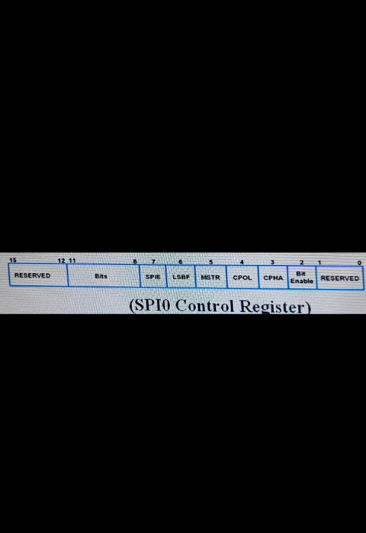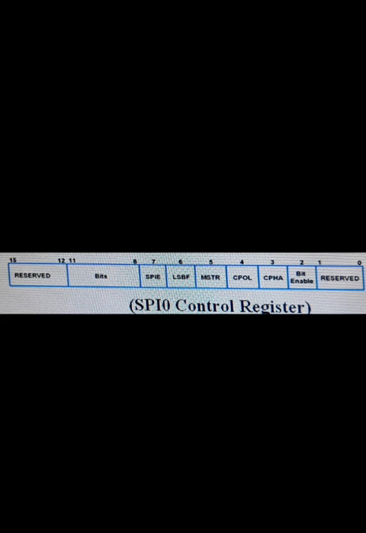The SSP, SPI 1, supports variable 4 to 16 bit frames, and the SSP module is compatible with the Motorola SPI, and also supports the SSI formats like the Texas Instruments and National Semiconductor Microwire bus interface.